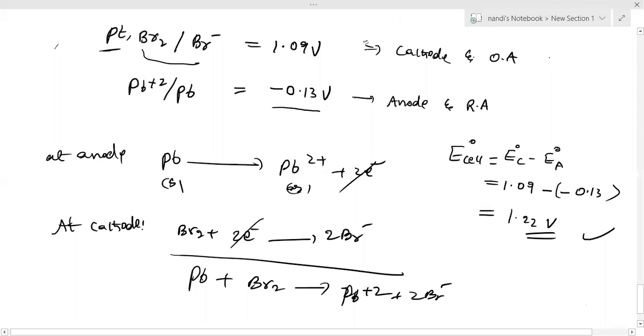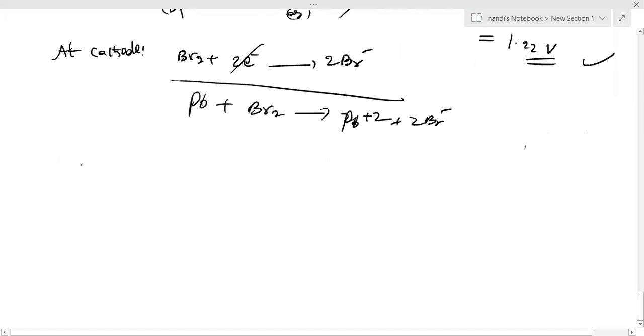Now, by using that table, you can arrange which is a strong reducing agent and which is a strong oxidizing agent. For example, I am giving elements; you can use the table. I am asking simply which is a strong oxidizing agent, which is a strong reducing agent; you have to arrange them. Here I give Ag plus to Ag, Cu2 plus to Cu, H plus to H2, and Cd plus 2 to Cd.